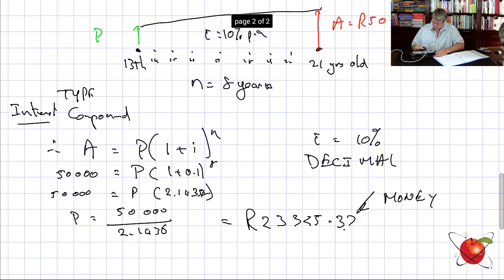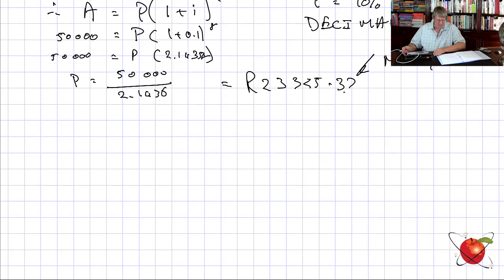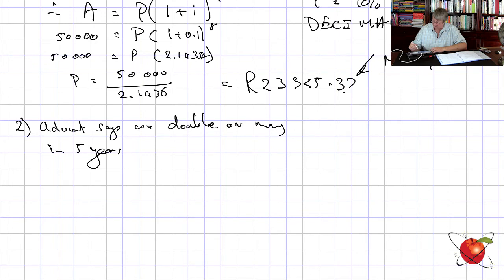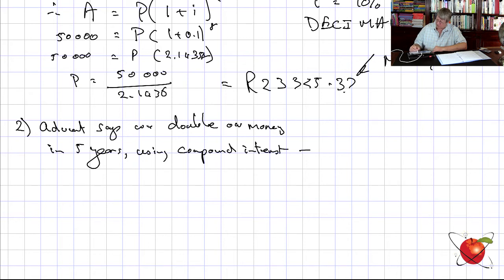All right? Let's do one more of these, shall we? Okay. An advertisement tells us that we double our money in 5 years. Okay, this is example 2. An advert: we double our money in 5 years. Using compound interest, is this possible